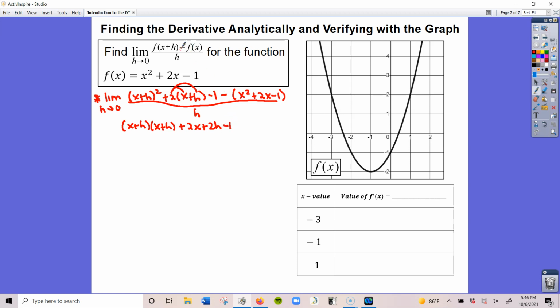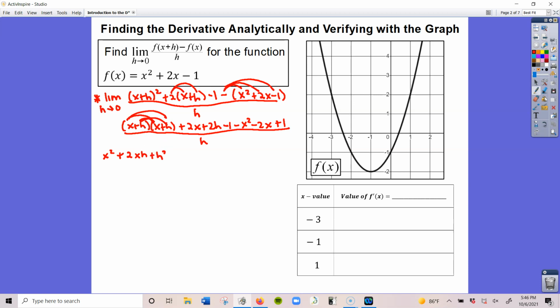And notice here when I had put minus f of x, I put f of x in parentheses since we have to subtract the entire function. So now I'm going to distribute the negative, which would be negative x squared minus 2x plus 1. And everything, once again, is over h. Now let's distribute this. As I distribute, I would get x squared plus xh and then another xh, so that would be 2xh